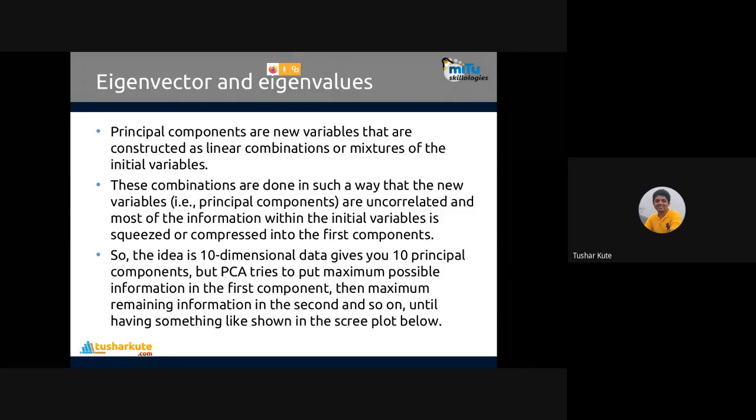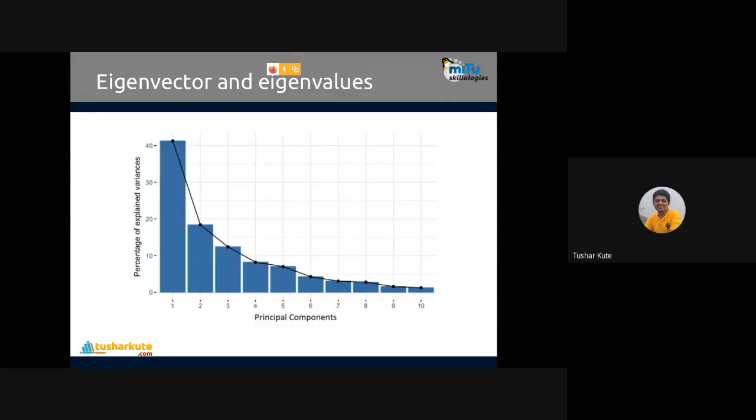So the idea is that 10-dimensional data gives you 10 principal components, correct? Each will have some variance present in it, but PCA tries to put the maximum possible information into the first component, so the highest variance will be there, then the maximum remaining information into the second, and so on. I'll show you one plot here, this one.